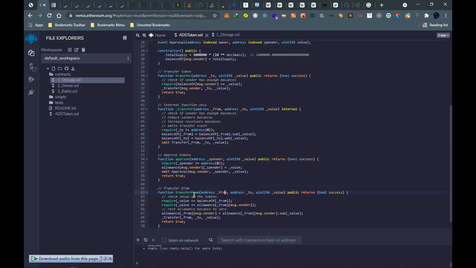So you have to check whether the value of the tokens is less than or equal to the balance of the one who is transferring. Then you have to check whether they have been allowed to transfer. Then you have to put the message.sender, because we don't know the address of this particular person.